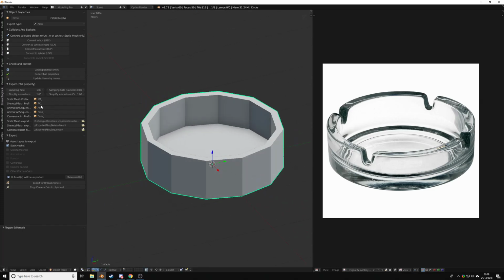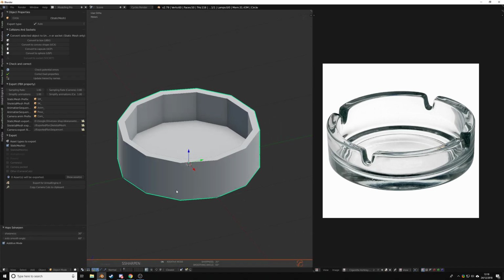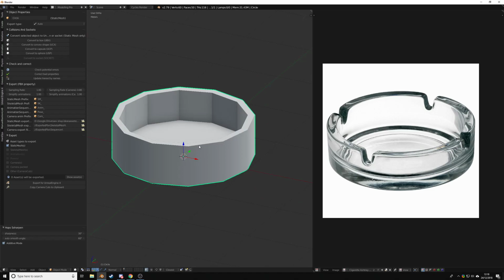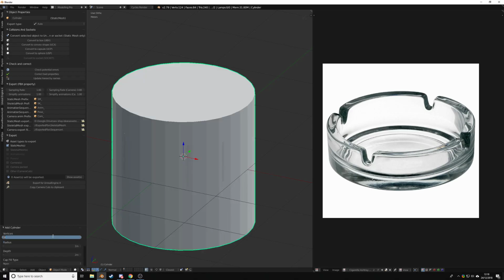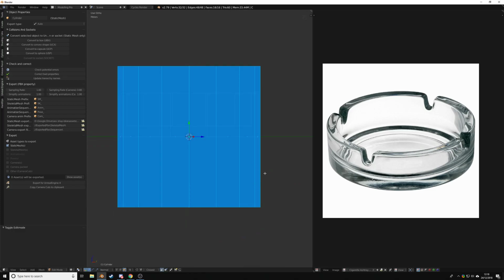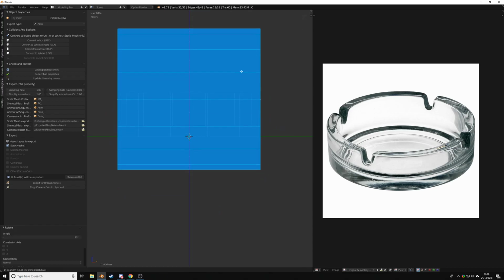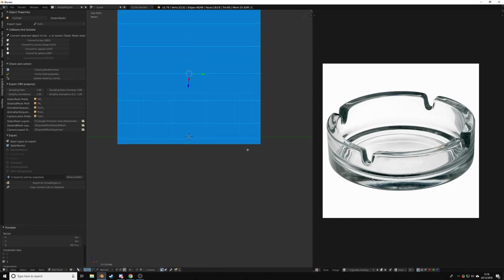Cool. Now I'm probably going to be using a boolean for this. So first of all, I'm going to create a cylinder, and we're going to go with probably 16 for this one, because we're just going to be using half of it. So I'm just going to rotate this 90 degrees and then move this outside of the,